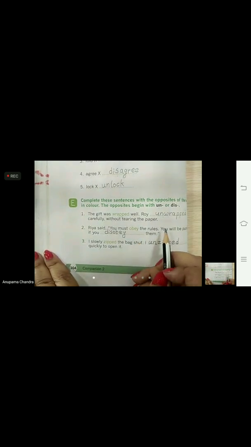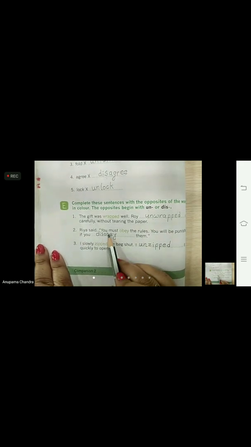Okay? You have to remember, children, where we have to use UN and where we are going to use DIS. I repeat the sentences. The gift was wrapped well. Roy unwrapped carefully without tearing the paper.